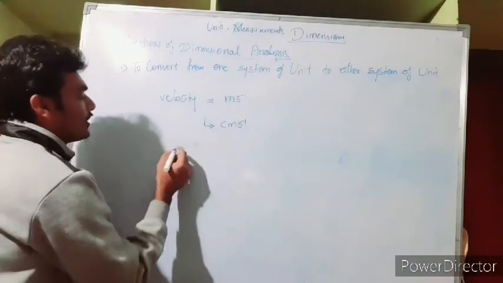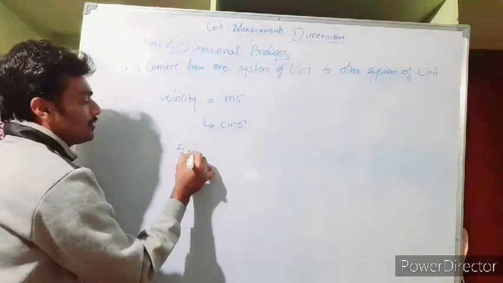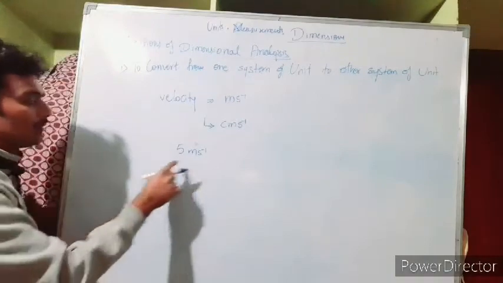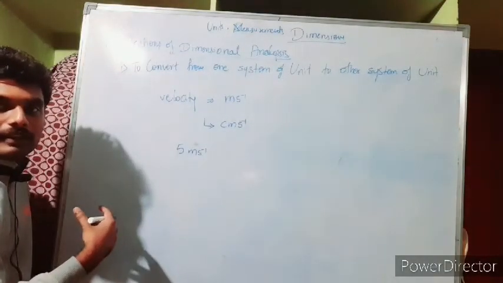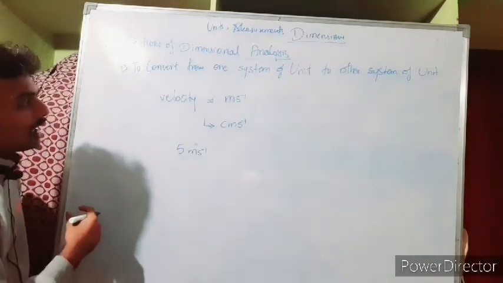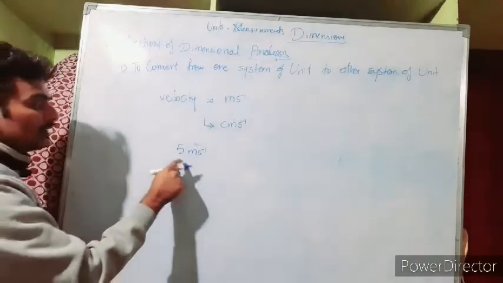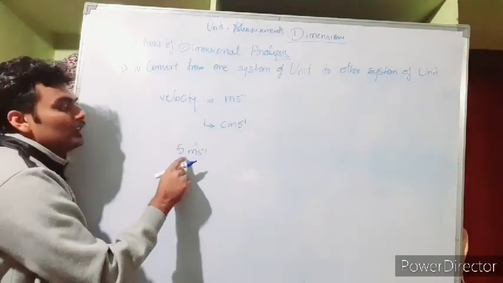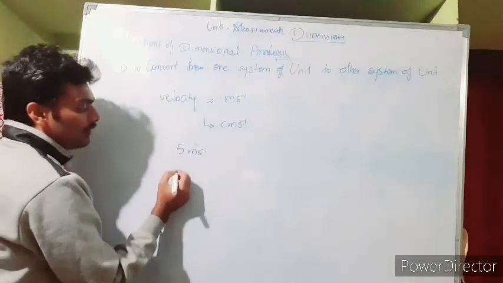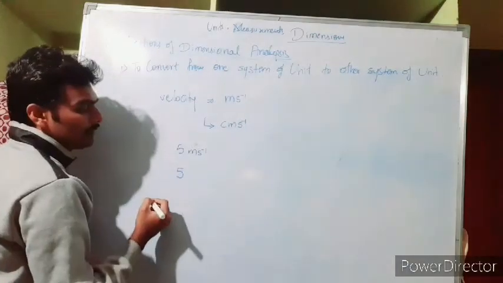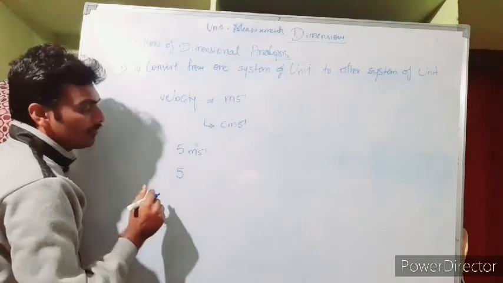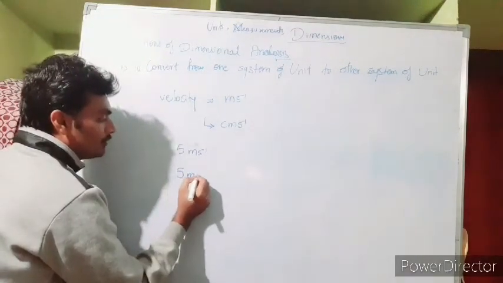So if I have a certain velocity, say 5 meter per second, and I want to express this velocity in centimeter per second, then how do I do that? I can make use of dimensional analysis to convert this velocity, the 5 meter per second velocity, from SI system to CGS system as follows. So it is 5 meter per second in SI system, which is equal to,